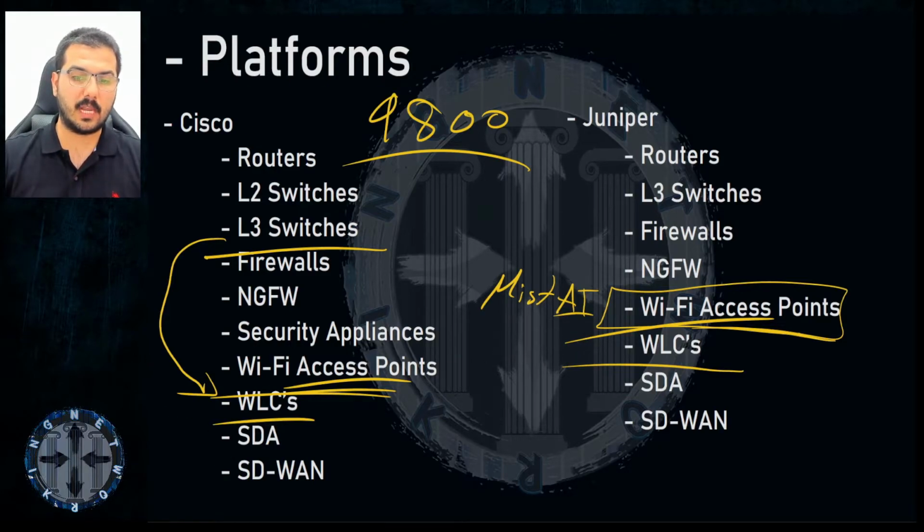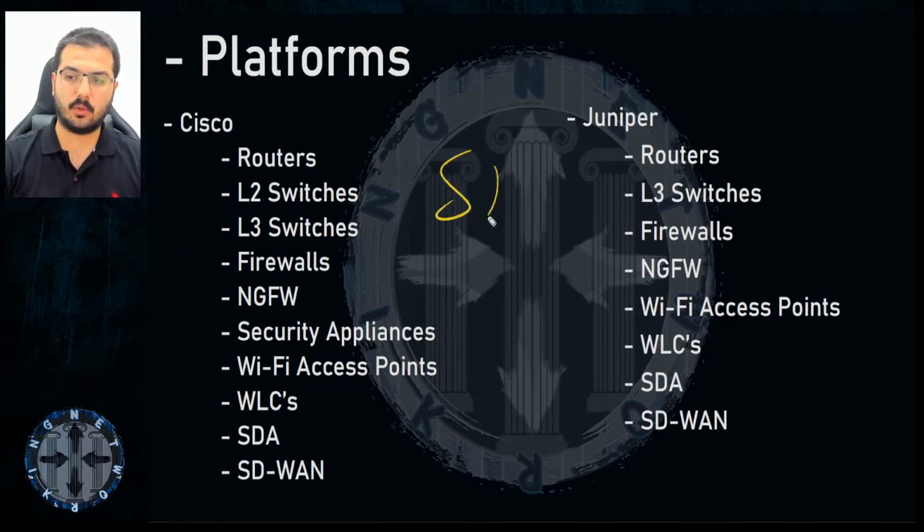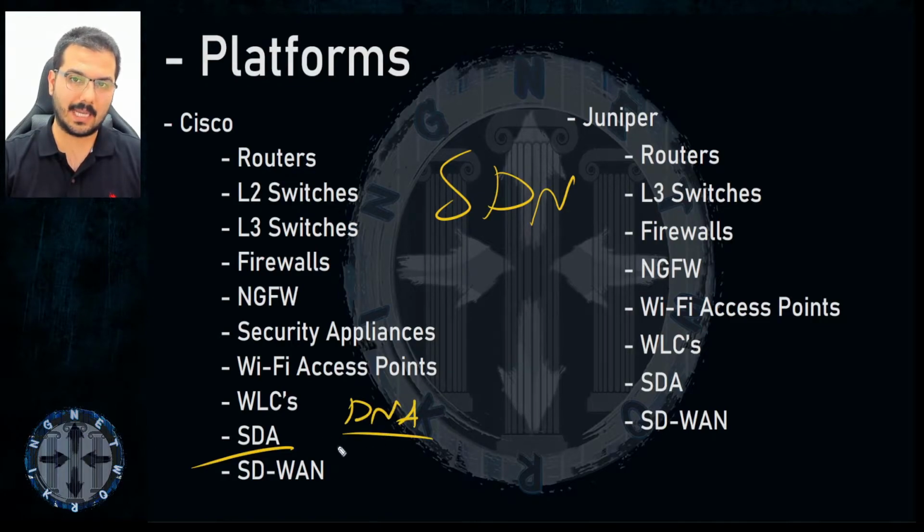Okay, before I finish this slide, what about SDN, software defined networking? Cisco clearly provides SDA, which is the Digital Network Appliance from Cisco, the DNA appliance. This is the only SDA solution from Cisco provided nowadays, until the time of recording this video. For Juniper it's kind of different. Why? Juniper provides something called Junos Space, or J Space, and with Junos Space, yes, they can connect.